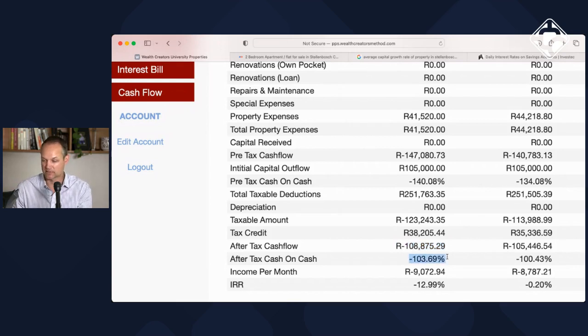But again, the numbers are still negative, so on a percentage basis, they're still horrible numbers. The income per month now, at 108 divided by 12, is 9,000 rand that I need to budget for over the entire tax year, taking tax, the income, the expenses, everything into consideration. And here we finally get to the important number, which is the IRR, also known as the internal rate of return. That is a number you need to look at and consider when you evaluate an investment property. Obviously, it's still negative and it's nearly 13%.